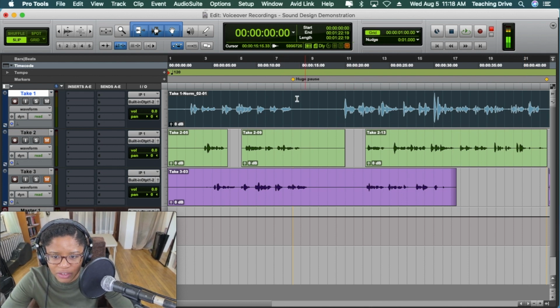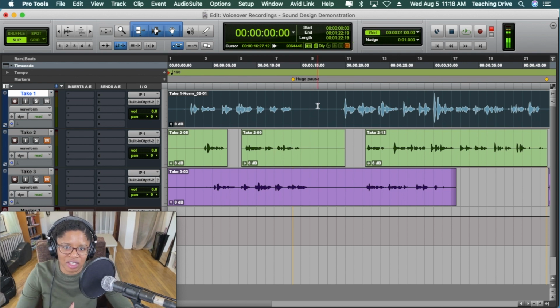If you'll notice here, there's this huge pause. I'll play a clip of this for a moment, and you can hear this awkward pause. These are things engineers have to do. They have to fix timing, whether it be for comedic purposes, dramatic purposes, or just general flow. So let's take a listen and just hear how awkward this gap is. It doesn't fit with the rest of the flow.